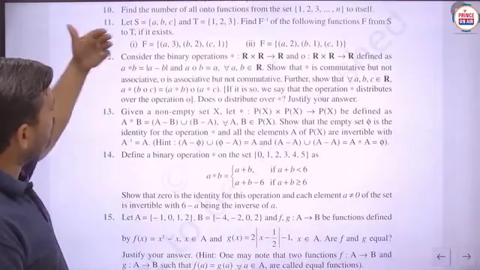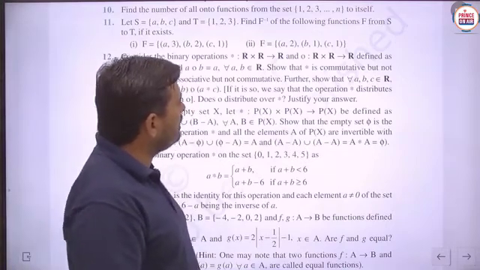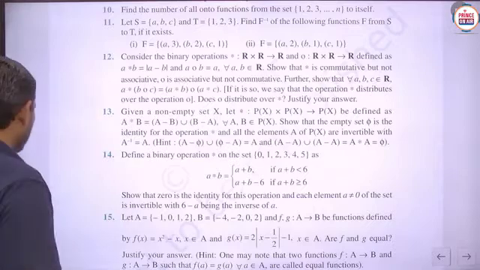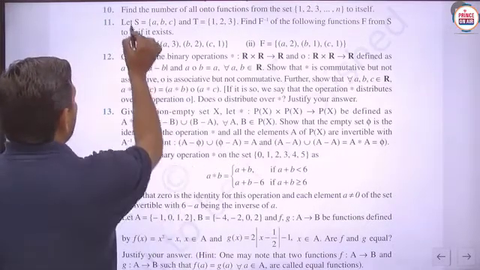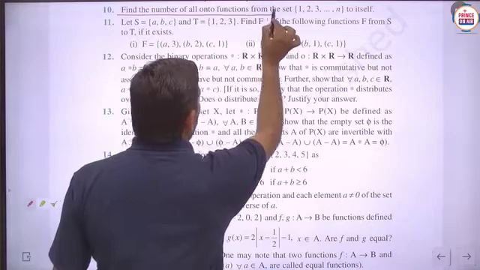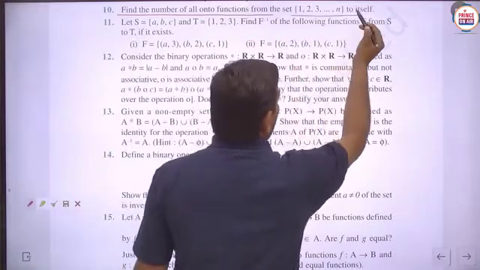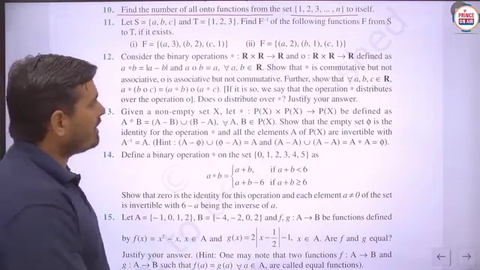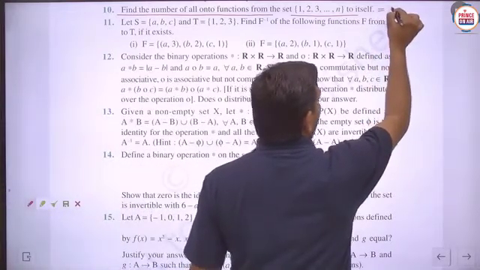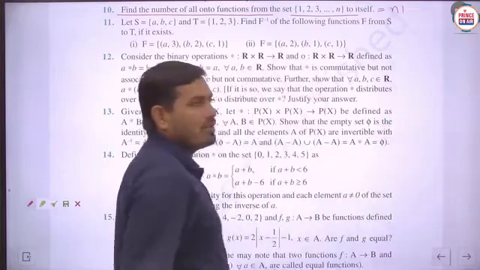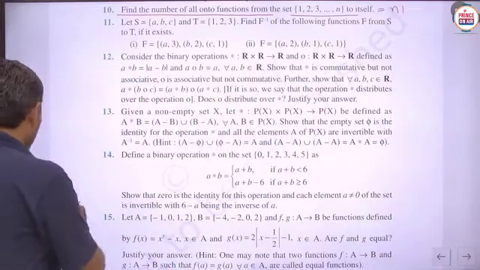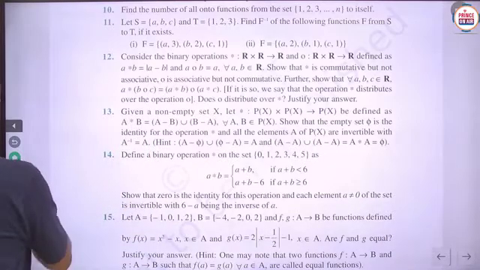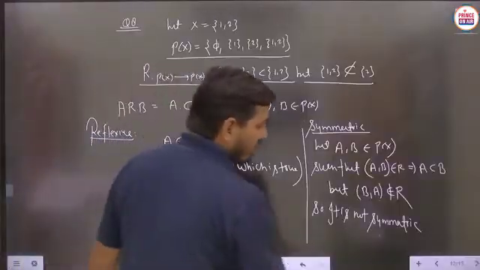Find the number of all onto functions from {1, 2, 3} to itself. So this question is very simple, because in the theory part we have to discuss this thing. In this question number 10, find the number of all onto functions and the set is given as {1, 2, 3, ... n} to itself. So the direct answer, students, you can give is n factorial. Or you can understand why the answer is obtained as n factorial. You can just see the answer of this question number 10 here.